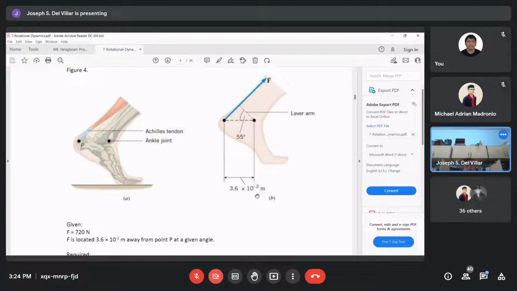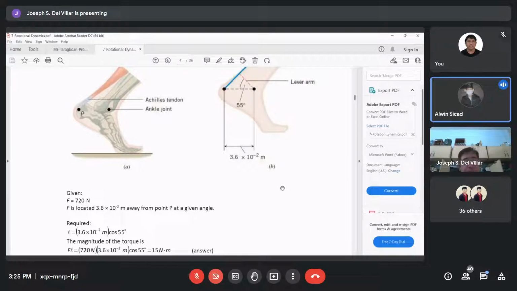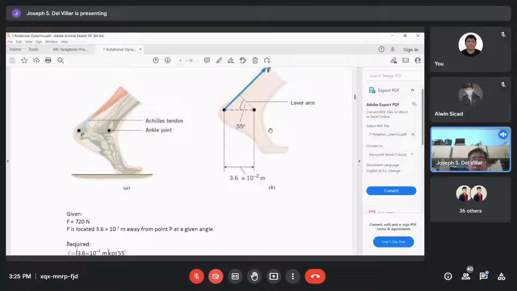What's the answer? 720 cosine 55 times 3.6 times 10 to the negative 2. 14.87 Newton meters. Okay, so the same, di ba? So whether you resolve the force and find the component that is